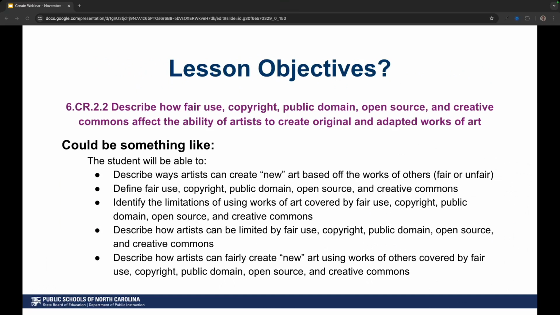And when we're talking about the lesson objectives, in seeing how it can scaffold, right? First thing is that we'll need to understand that students have to be able to describe how artists create new work based on the work of others, and then do they understand those definitions of copyright and public domain, et cetera? And then are they able to describe how artists can be limited by fair use, copyright, public domain,